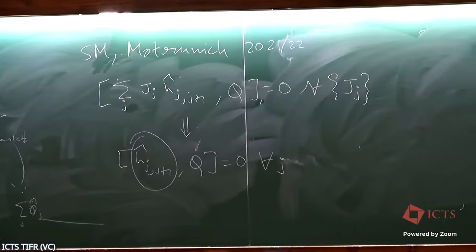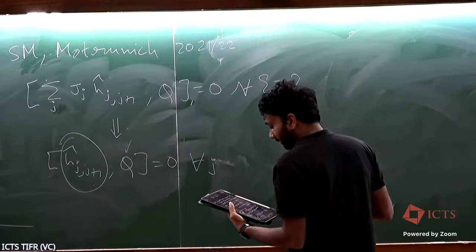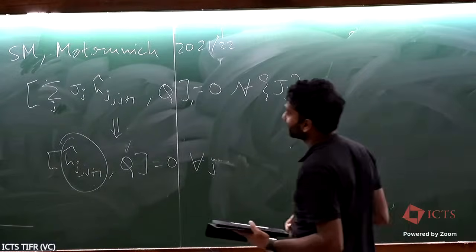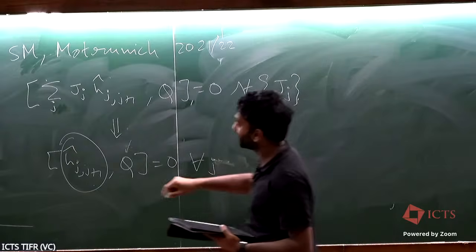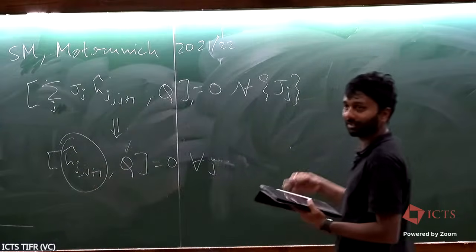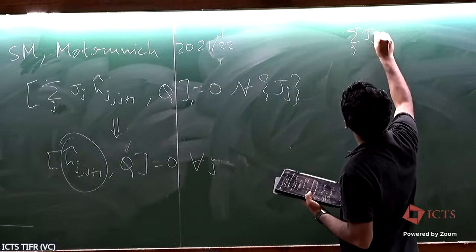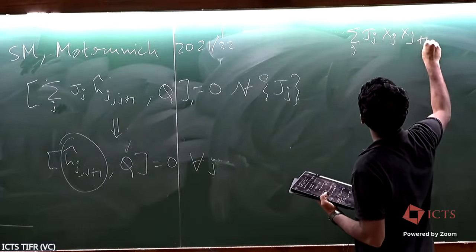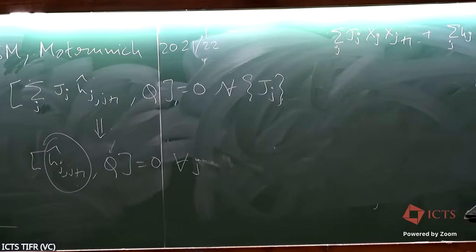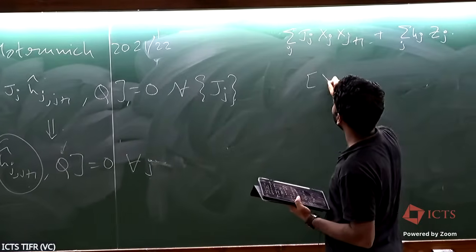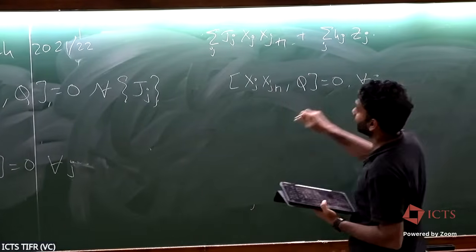I don't have much time today, but let's see how this works for the simplest of cases. My idea is to define symmetries using the terms of the Hamiltonian rather than anything else. So let's see how this works for families of Ising models. Say I have x_j x_{j+1} plus h_j z_j. Now I want my symmetry operator. I'm really asking what are the operators that commute with all terms of the Hamiltonian separately.